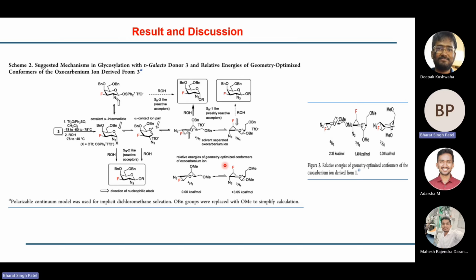So there is no such dependence on the nucleophilicity of the alcohol, the acceptor. But at lower temperature, the beta will form more, because that is very much understandable, right? Okay, this alpha triplet will be there, but as temperature comes up... As we go to lower temperature, whatever we are thinking about the absence of NGP will not have much effect. It's the stability of the triplet. Glycosyl triplet is more predominant at lower temperature. Yes. Okay.